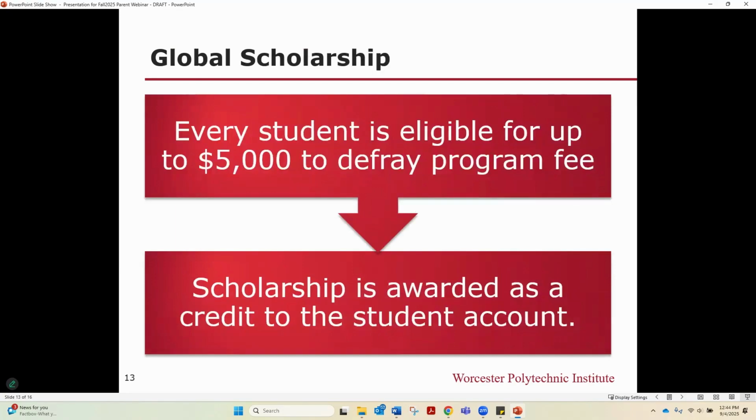So of course, as I said, we are very conscious that this is an additional expense to students. So WPI has worked really hard to be able to provide every student with a global scholarship. And this is a one-time scholarship that students can use to defray up to $5,000 of a program fee. So this is something that's automatically awarded to a student the first time they do a program through our